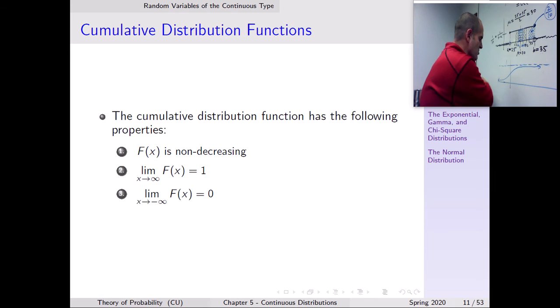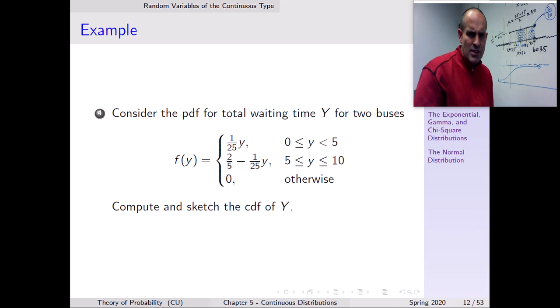And if x goes to negative infinity, you see that this thing is getting closer and closer to 0. And of course, because the cumulative distribution function is a probability, it's never smaller than 0, okay? So those are some facts about the CDF, okay? All right,